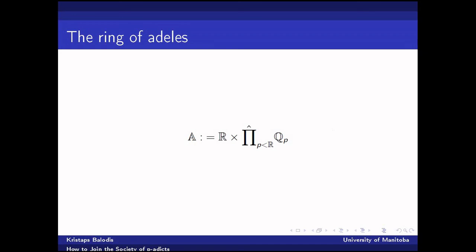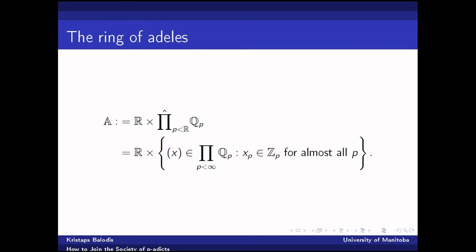You'll notice, though, that we've got this little hat on top of the product. And the reason for that is we want to be able to do some functional analysis type stuff. We want some sort of compactness results that will allow us to do some integration and make this theory still work out nicely, both algebraically and analytically. So this is something called a restricted product.